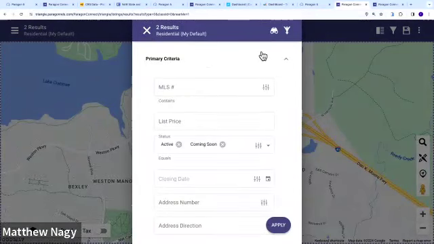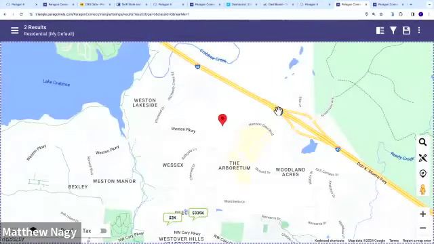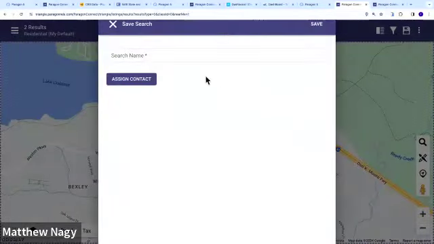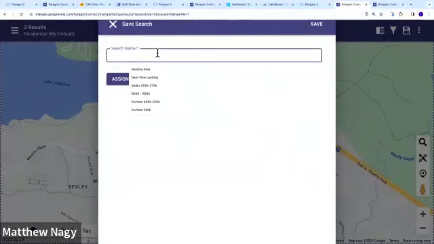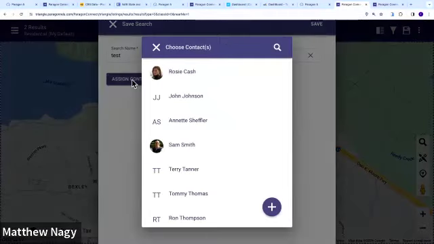If I wanted to see the criteria that I used for a particular search, you would do the exact same thing that we're going to do in a second. You'd tap on this icon, and that shows you all the search criteria. Okay? If I wanted to save this search, what would I do? Little floppy disk, right? So I save that search, and then I can change the search name or assign a contact. If I add the name as test, and I want to assign the contact,